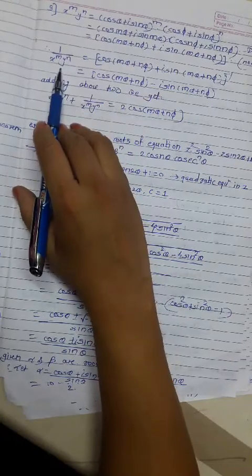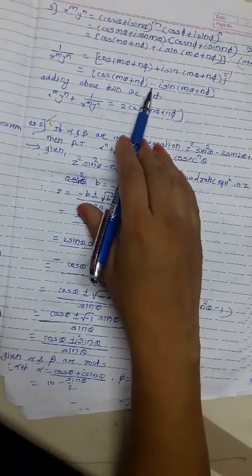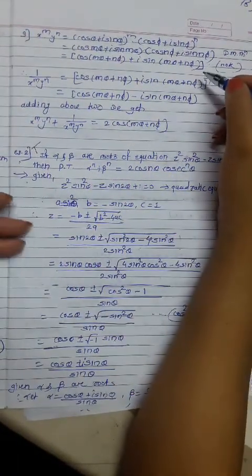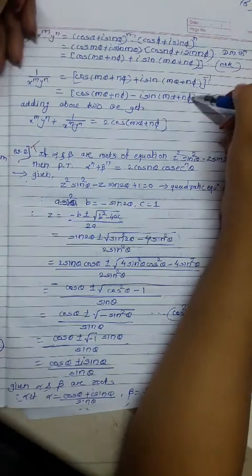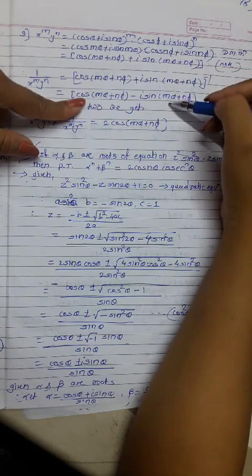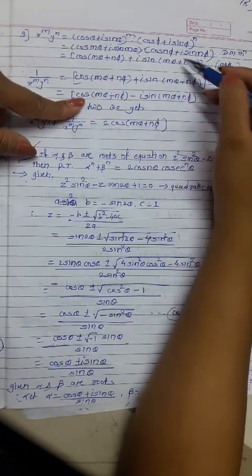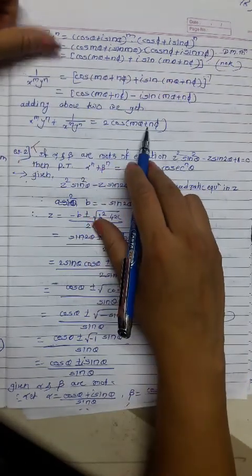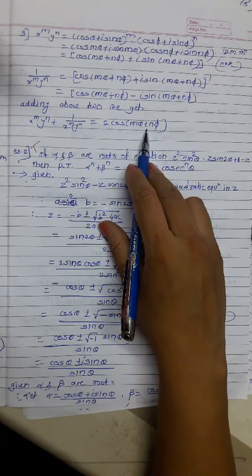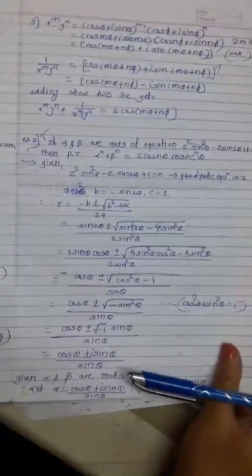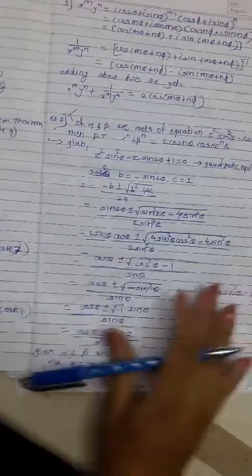Now the reverse of this is just replacing the positive sign by a negative sign. Therefore we get these two terms, and adding them, similarly to the earlier example, if you observe these two, cos of m theta plus n phi is the same angle and sin is also the same but opposite in sign, that's why it gets cancelled and this becomes 2 times. Therefore, 2 times cos of m theta plus n phi. Okay, now consider the next example.